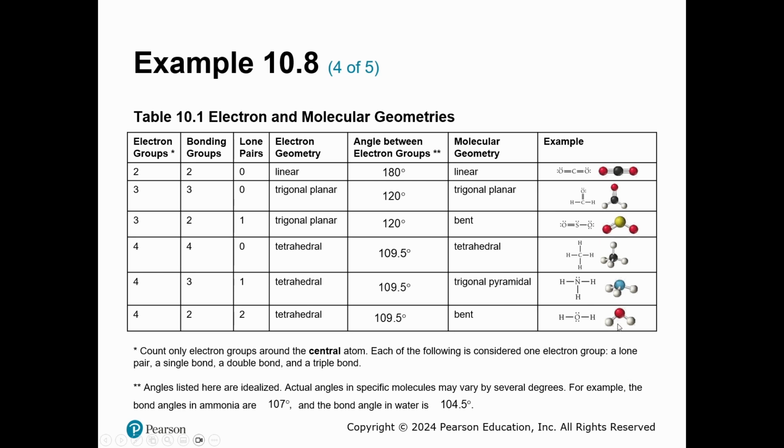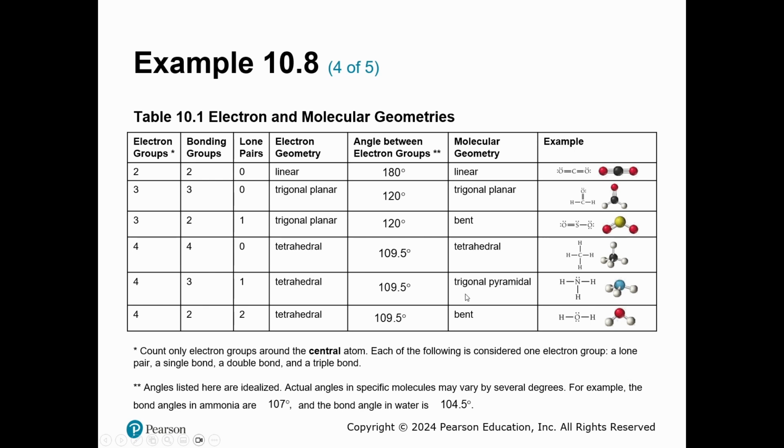In water, we have a really tight 109-degree angle between these 2 hydrogens because there's 2 lone pairs pushing them down. Again, the lone pairs exert a larger area or a larger force on the molecular geometry than the bonding pairs that are shared between 2 atoms. So in sulfur dioxide, we see a smaller 120-degree angle between these terminal oxygens, whereas these terminal hydrogens, it's 109.5. I'm not going to make you memorize the bent angles, as it purely depends on what the terminal atoms are and the lone pairs. But I do want you to know the idealized geometries for linear, trigonal planar, tetrahedral, and